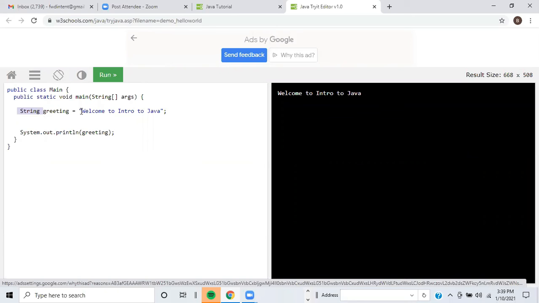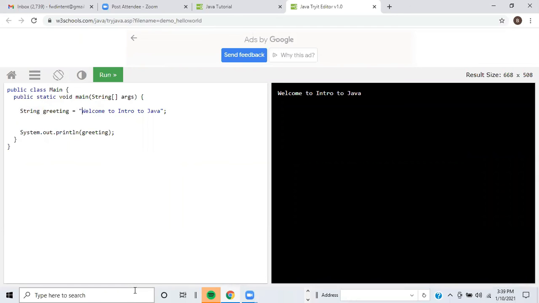So we can find out the length of this string. I'll count how many characters are in this string that has a value of Welcome to Intro to Java. So 1, 2, 3, 4, 5, 6, 7, 8, 9, 10, 11, 12, 13, 14, 15, 16, 17, 1, 2, 3, 4, 24. I count 24 characters in my string. All right, so by using the length,